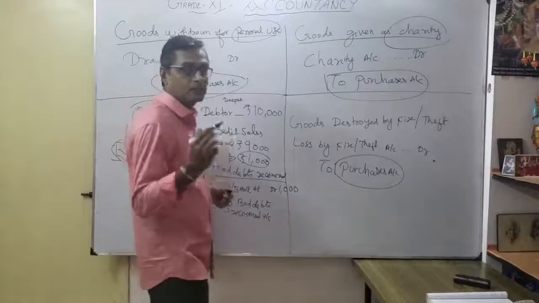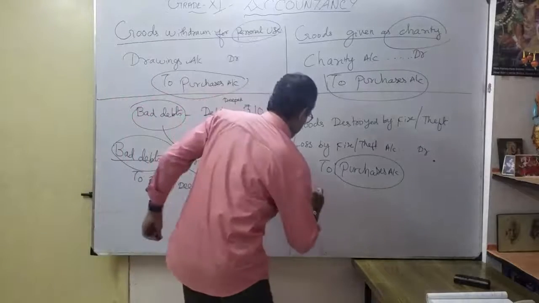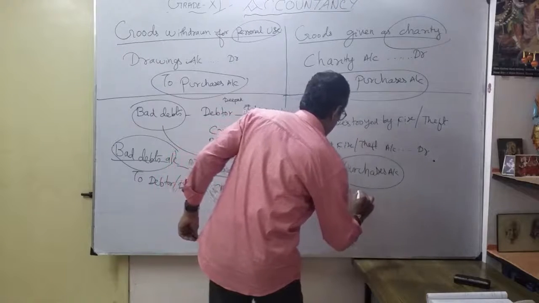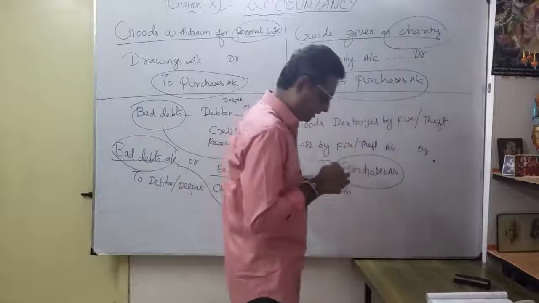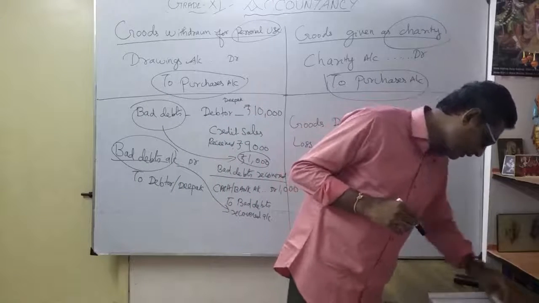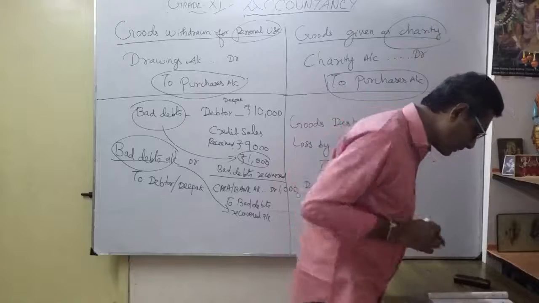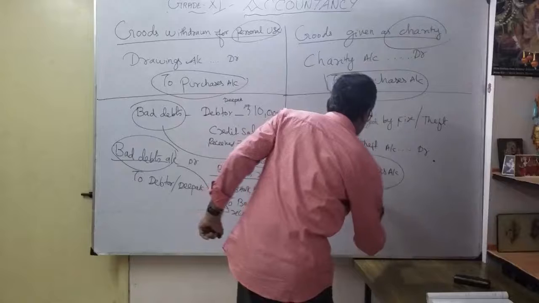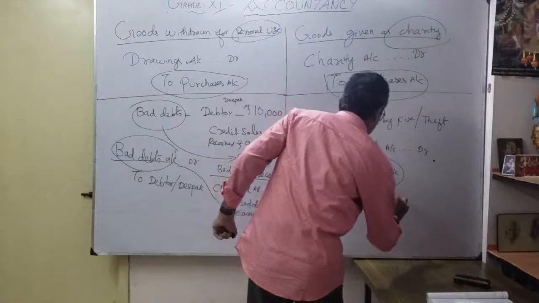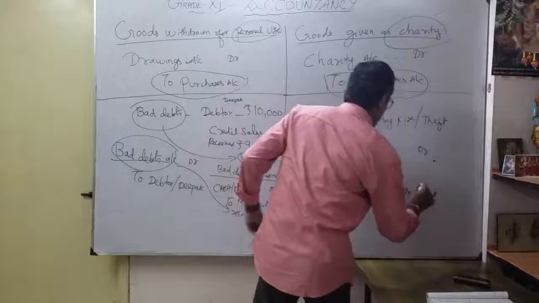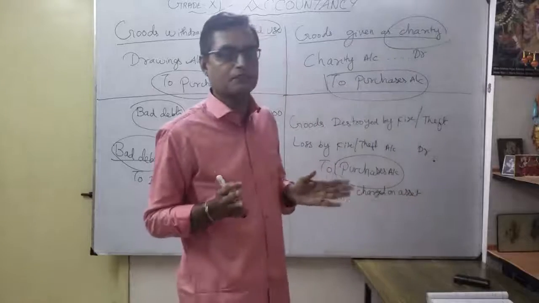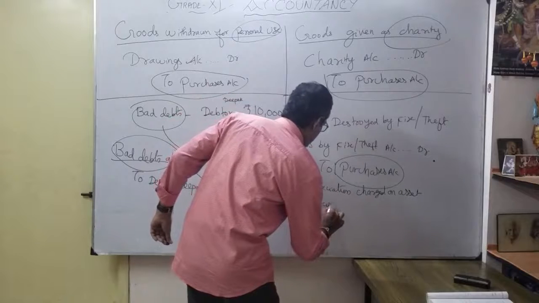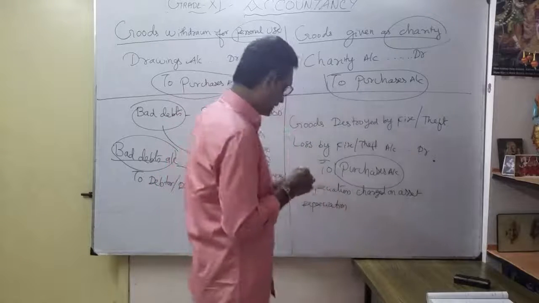Now move to a very important one. Depreciation. Okay. I am going to discuss depreciation for some particular asset. Depreciation charged on asset, for example a motor car or plant and machinery. So what is the journal entry? So I am going to debit depreciation. Later I am going to study it in detail, there is a separate chapter on depreciation.